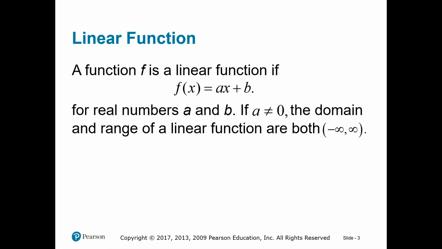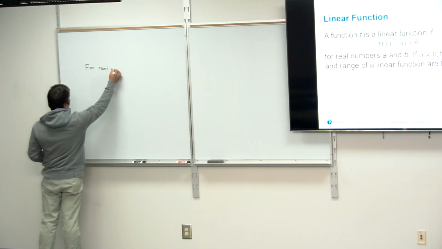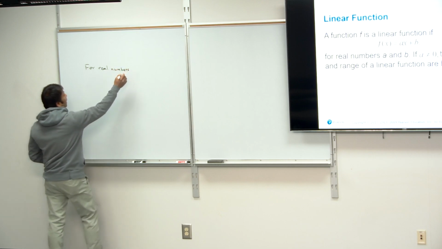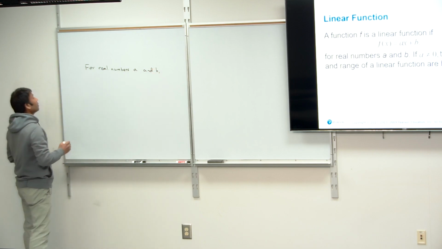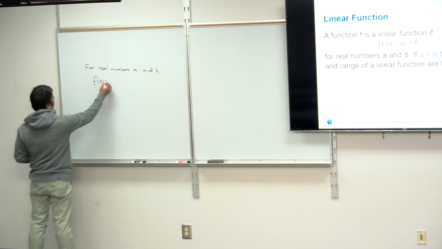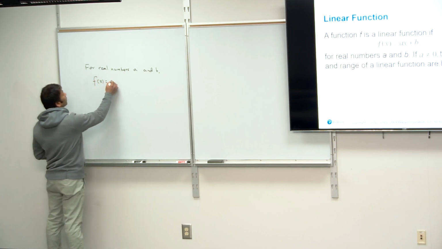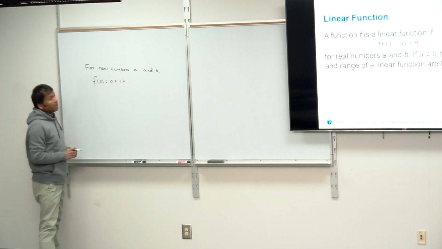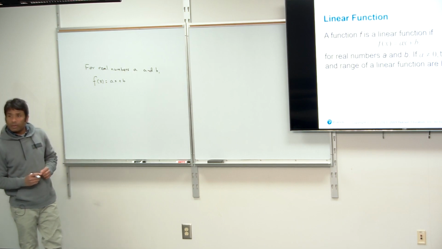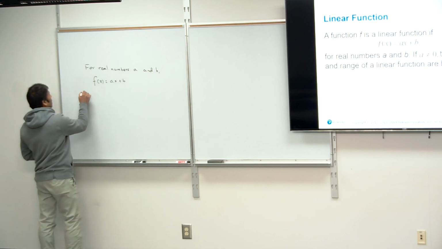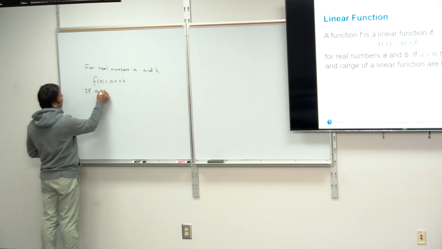If you have a function f(x) equal to ax plus b for real numbers a and b, so we have a linear function defined as f(x) equal to ax plus b. So this is a linear function. So if a is not equal to 0,